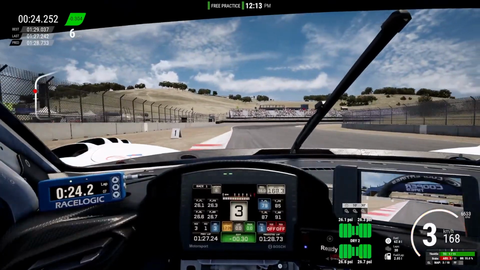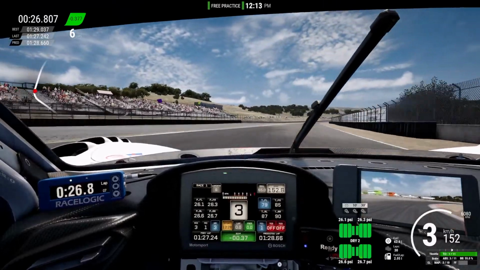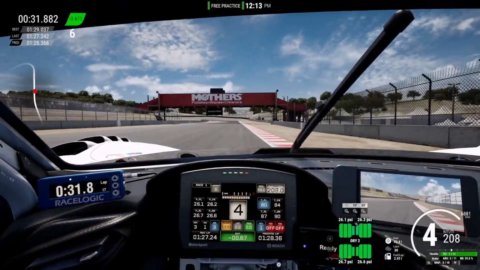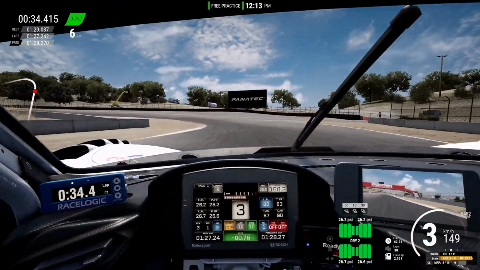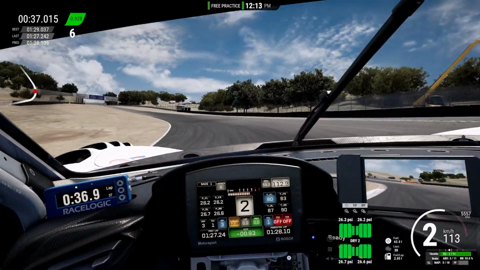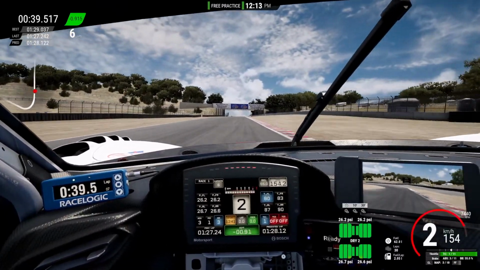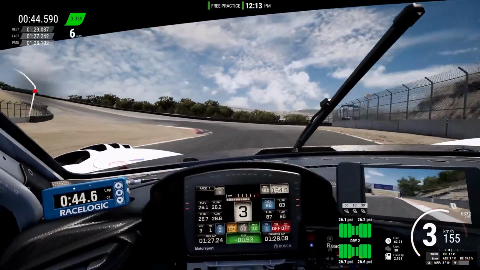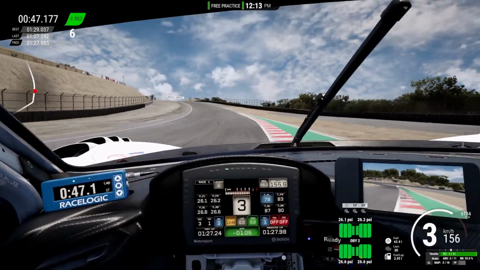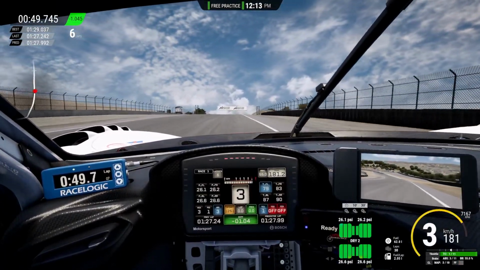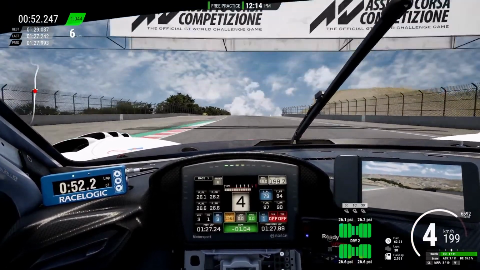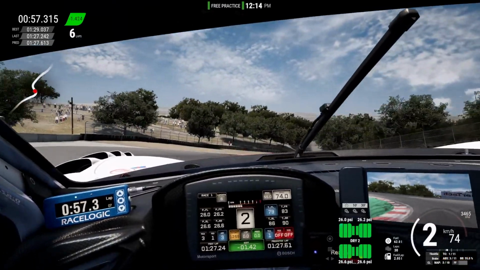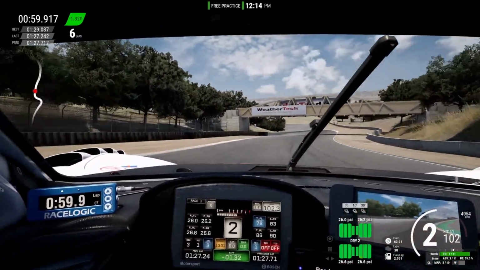Really, I'm trying to see how hard I can actually push this car without losing it. It does want to kill me. Really, really does. Just gotta find out what sections of the track, because we have all the time.